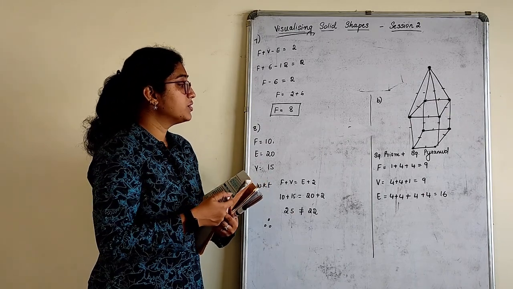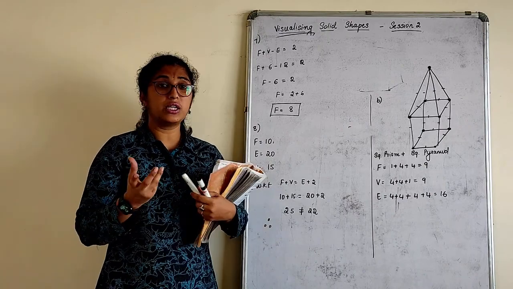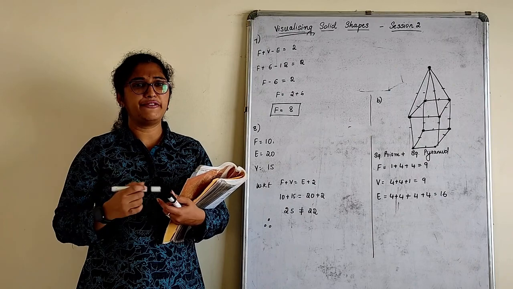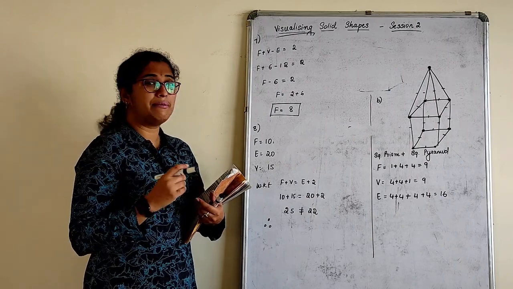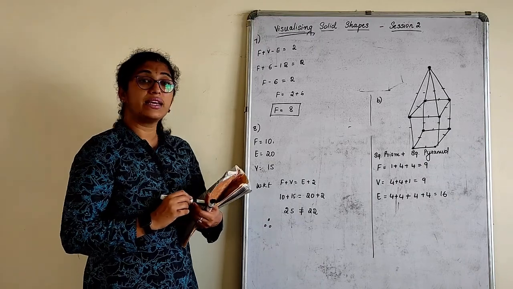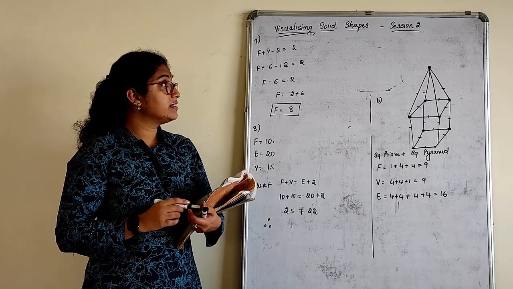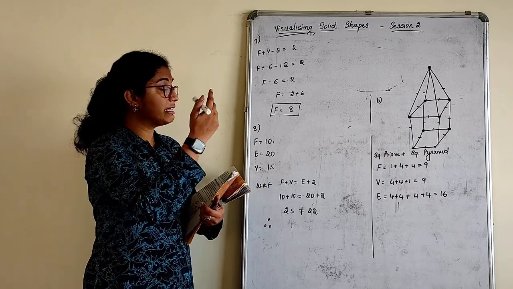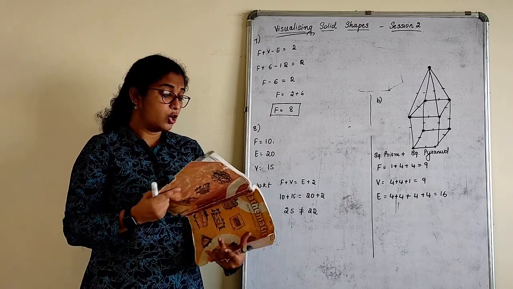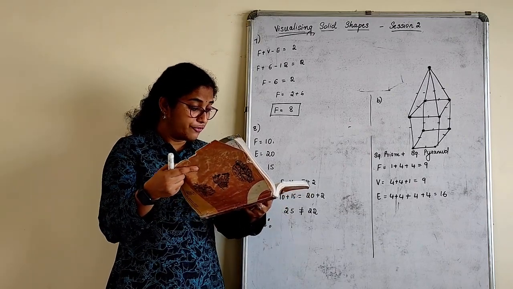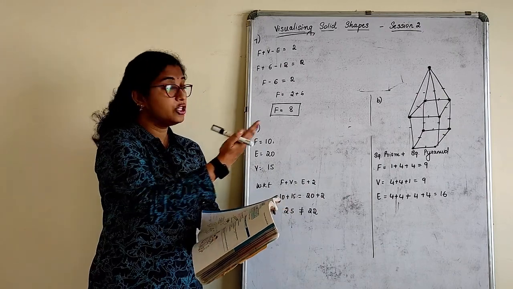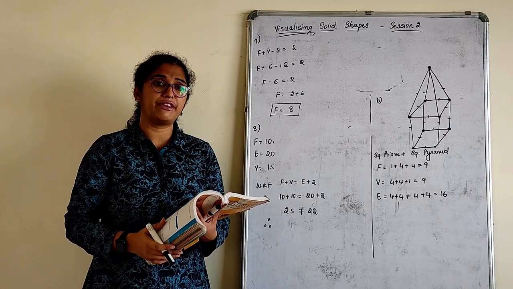So very clear. In the second part of the session, usually the questions will be asked on Euler's formula, identification of a prism and pyramid, and how many faces, vertices and edges all these solid figures will have. So with this we complete this chapter, visualizing solid shapes. I'll again repeat, starting with the definition of the polyhedron and some basic points, I'll send you in the PDF. Along with that, from the exercise, the 4th and 5th ones, I will send those answers also in the form of the PDF. The remaining you all know how to do. A small homework I have given, please complete it.